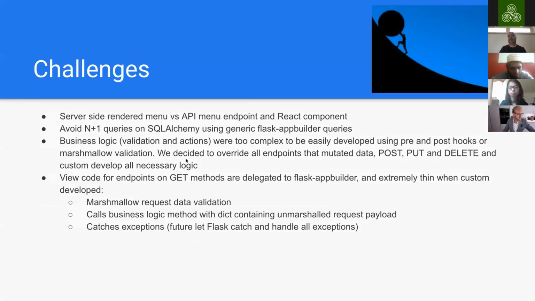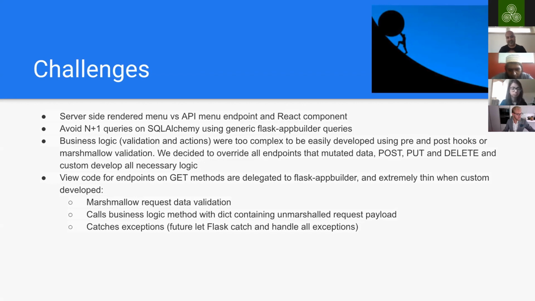So, challenges. This is not a quick migration to server-side rendering or a single step to a single page application. These views that are fed by the REST API and with React components are behind feature flags. So you get, let's call it, the classical Apache Superset using that server-side rendering from Flask-AppBuilder. But if you enable it, and lots of people are enabling that feature flag, you get the new React components that look really nice and are very performant. So we had some problems. Well, we had to address the N+1 queries on SQLAlchemy,